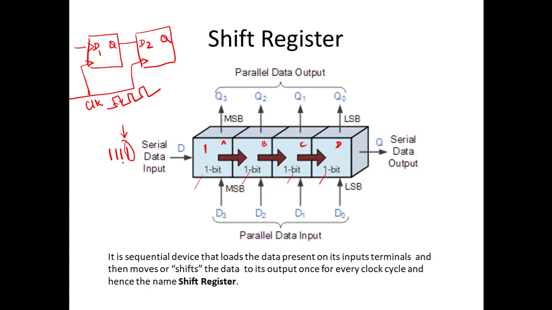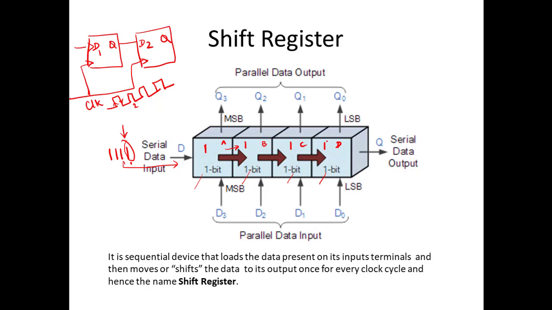During your second clock pulse, the second bit will be moved here. Counting in decimal, this is the first bit, this is the second bit. So the second bit will be moved to the first flip-flop and the first bit will be moved to the second flip-flop. Accordingly, in 4 consecutive clock pulses, you will be having 4 ones in your flip-flops. And during your next 4 consecutive clock pulses,